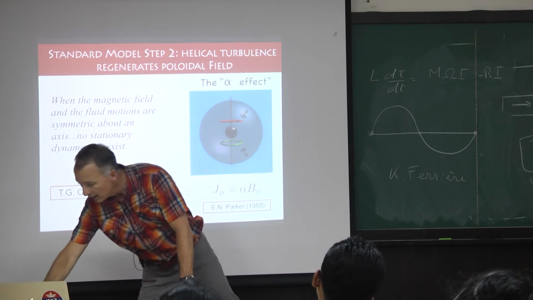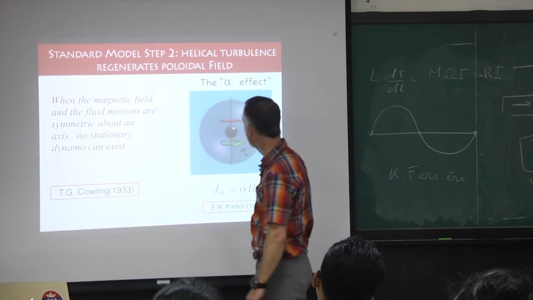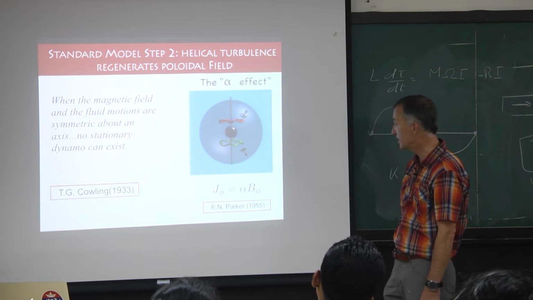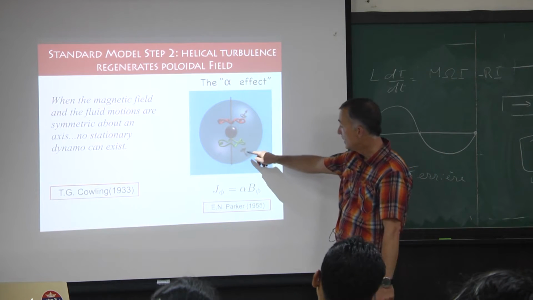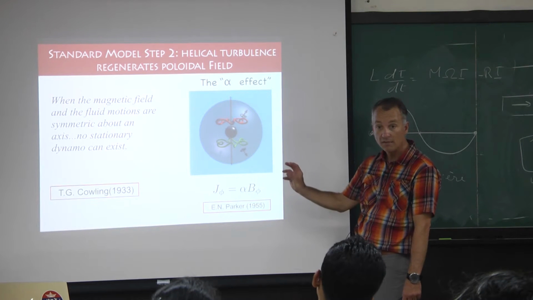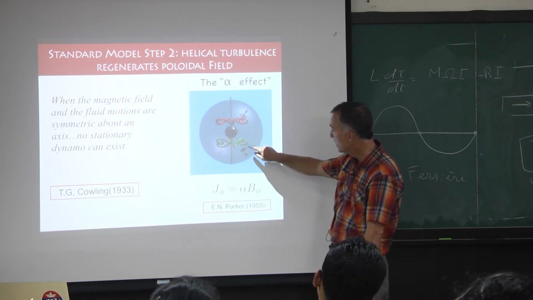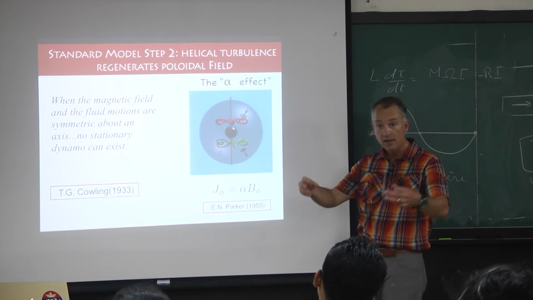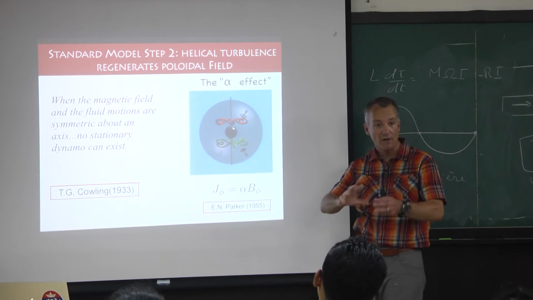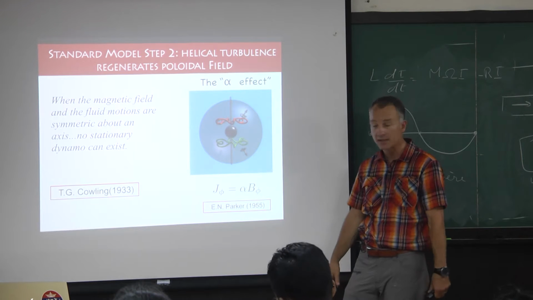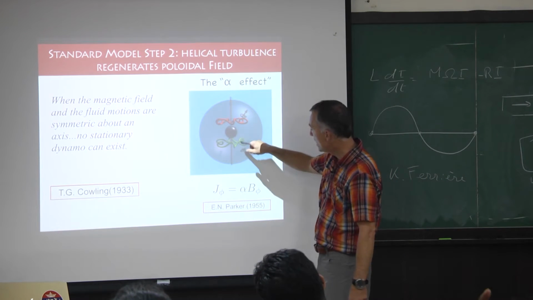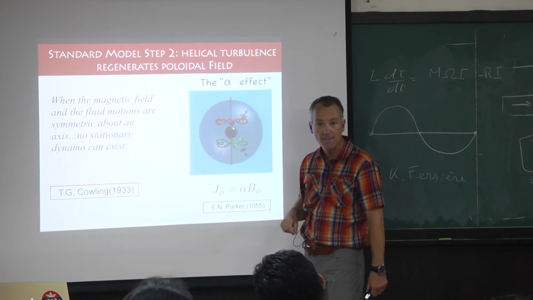And his idea was to introduce this alpha effect. And I know you've heard things about this, but the idea is if I have some helical convection, so upwellings that are affected by a Coriolis force, you're going to twist that field line. And if you do it in just the right way, if you have enough of these turbulent eddies doing this, on average, you can end up with a magnetic field which is, well,